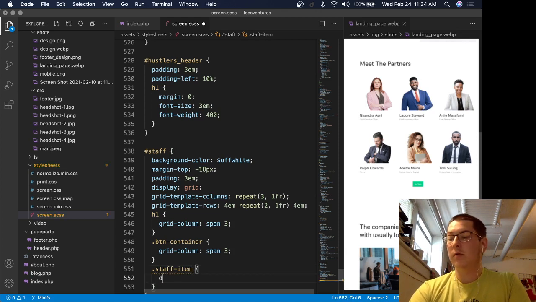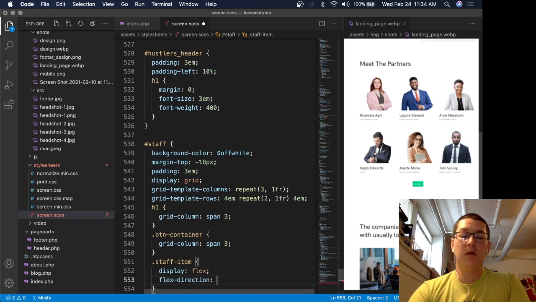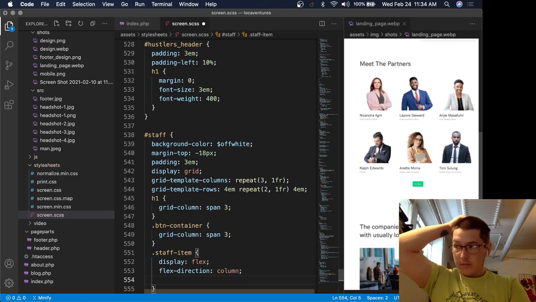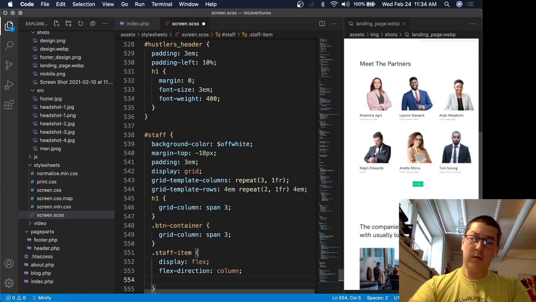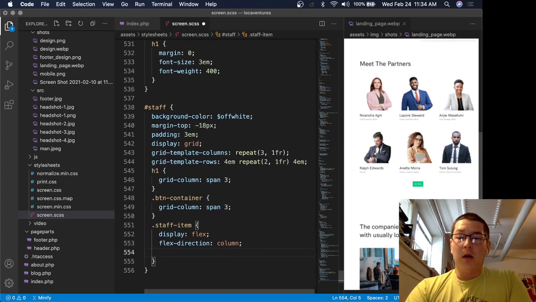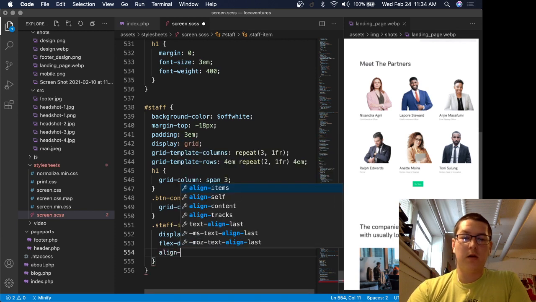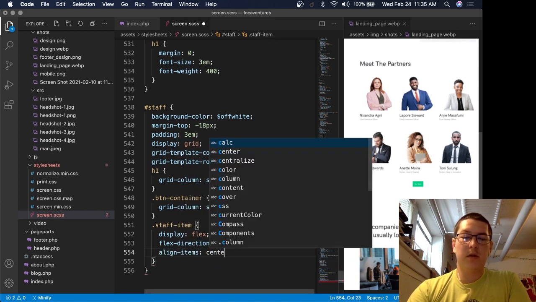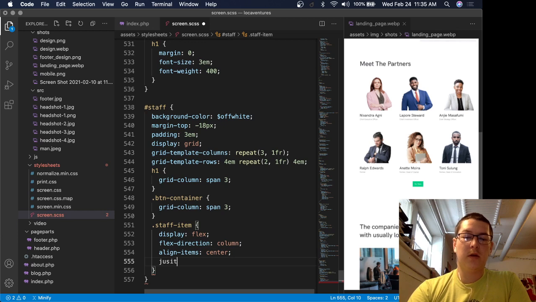So these we will use the flex display on. Put it in the column. And then we'll say align items center, justify